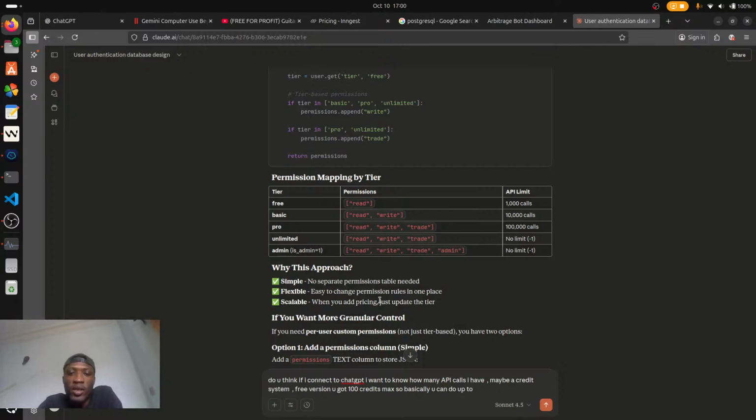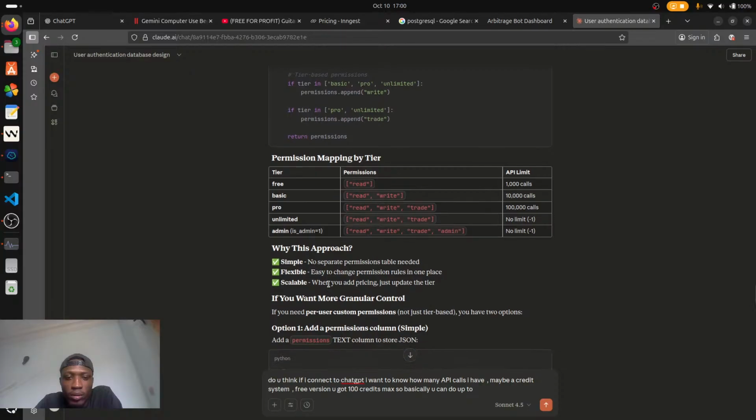Here, Claude didn't set up a permission table. But I'm like, what if there's a new permission? I need to shut down my server and reload. Yeah, the free tier only has the read, and the other one